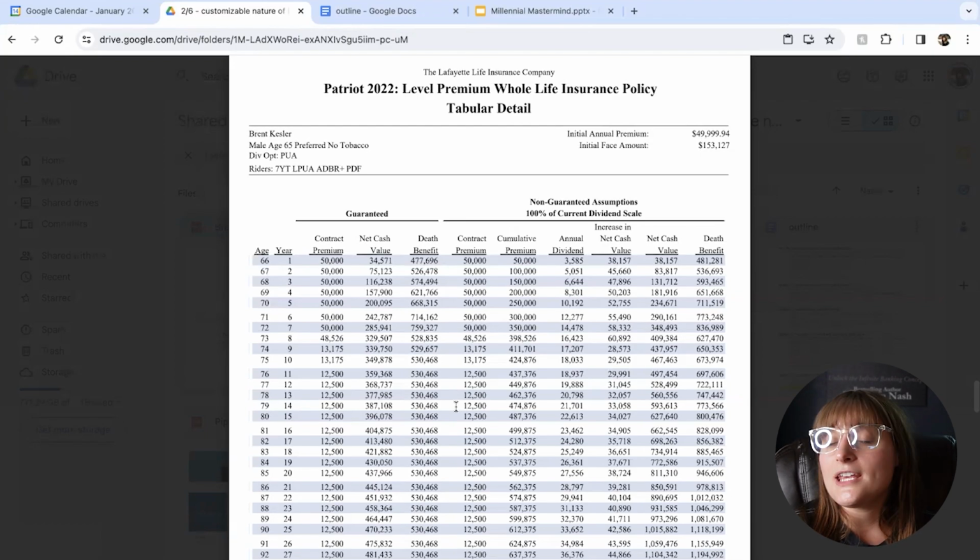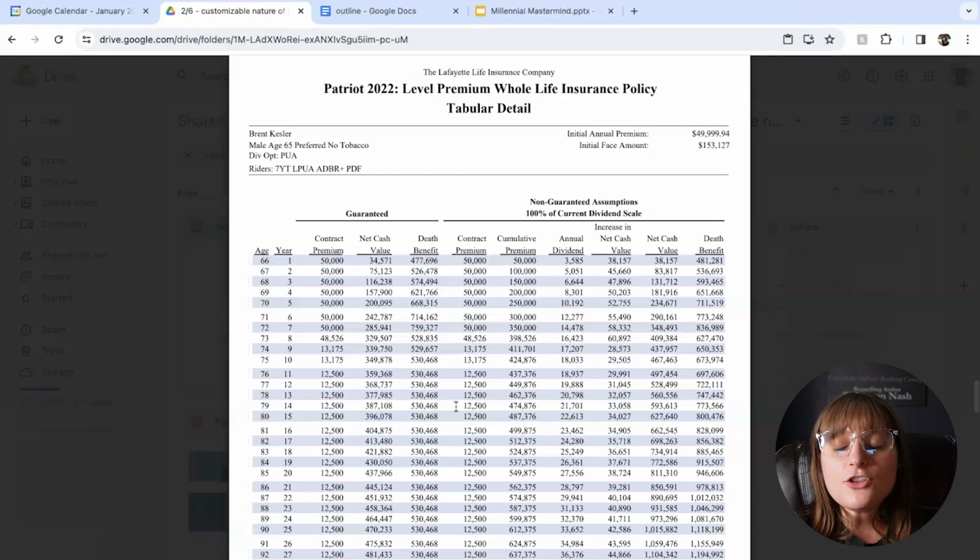I say that the insurance companies do stop handing out whole life policies around the age of, I used to say 75, but I do have some clients, Mr. Wayne, who's 78. I actually just had a gentleman approved at 80 years old. Now, he was in perfect health, worked out every single day, no health history. So I say that the insurance companies stop handing out whole life policies around the age of 80.